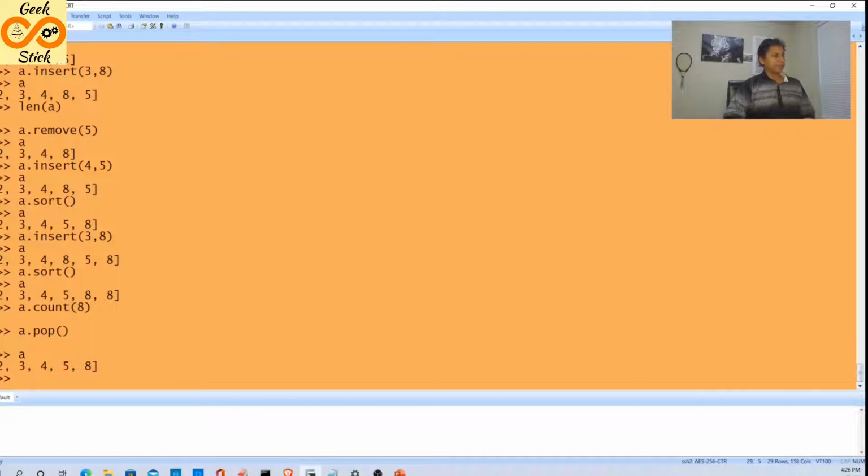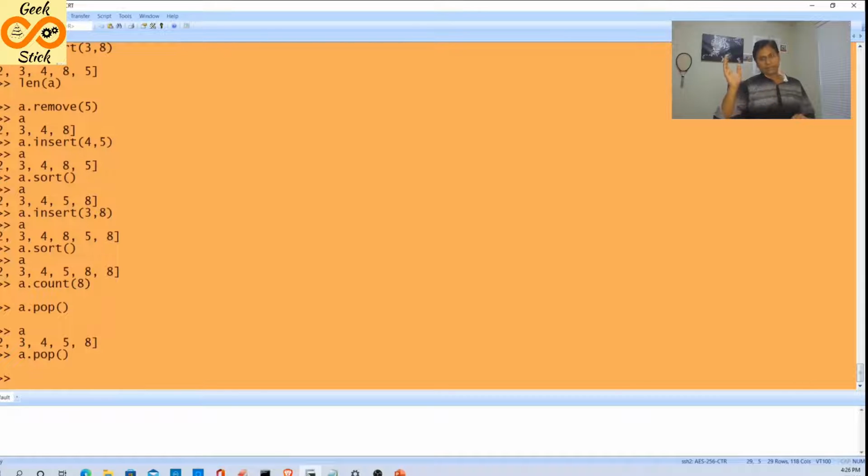Now we are getting only 5 values. I'm doing one more pop, because whenever I say pop, the last one will be first out, LIFO. So we have seen about the list. In the list we can modify the values. Now let's create another variable called b.